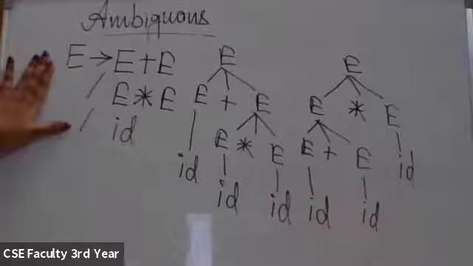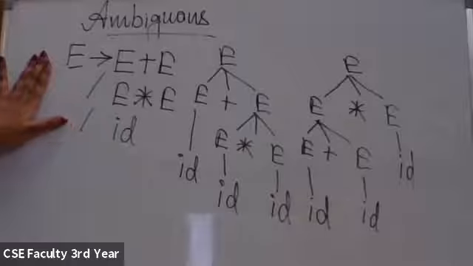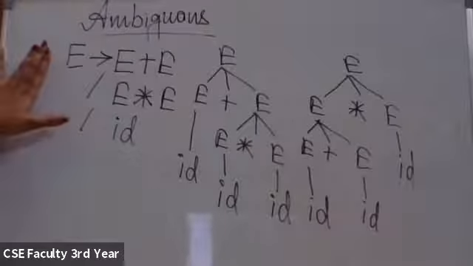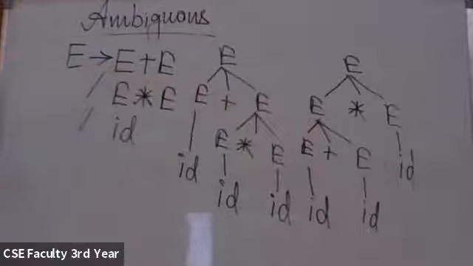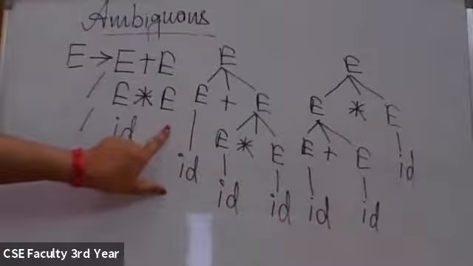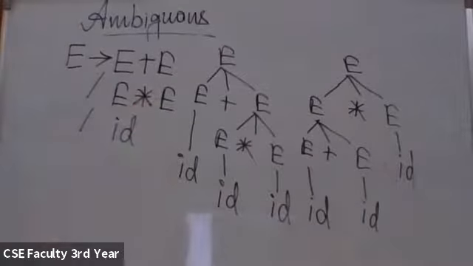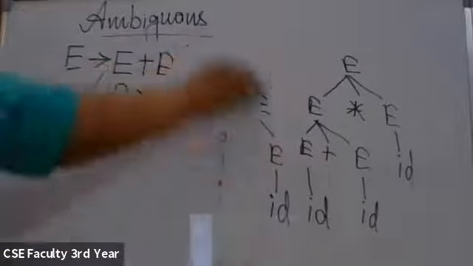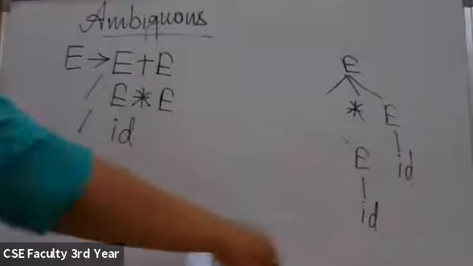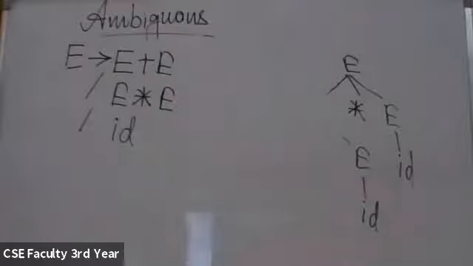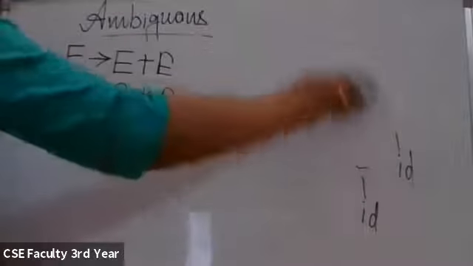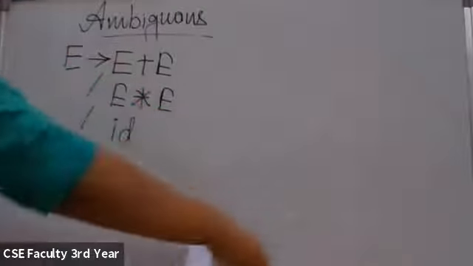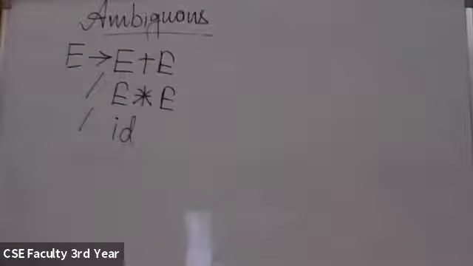So this grammar has to be written in such a way that there is no option to write it in that particular way. Only this option is there. So let us see how we can do it. You can note down whatever I'm saying as you take notes in class. So let us see the problems' solutions one by one.